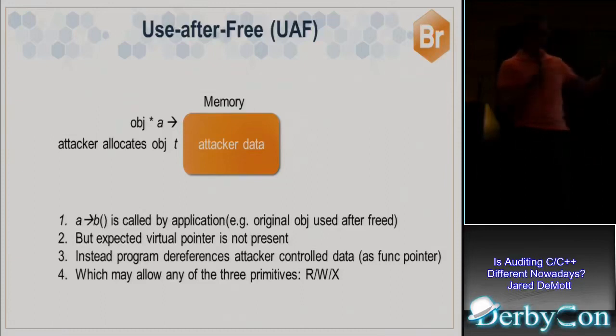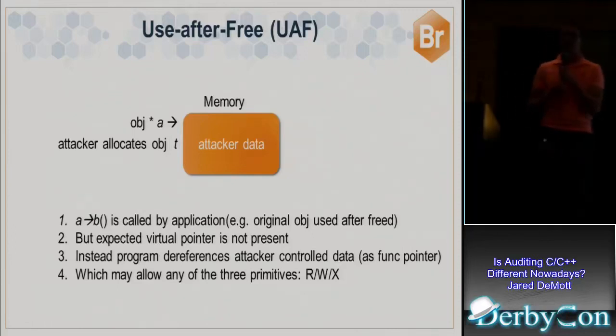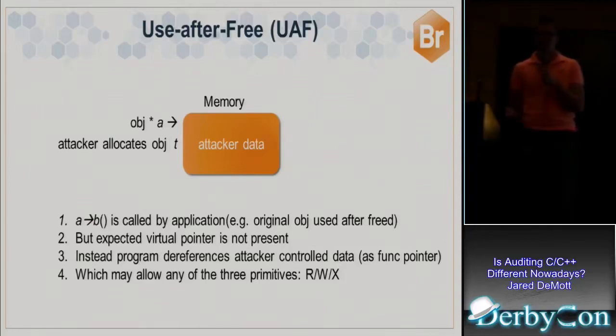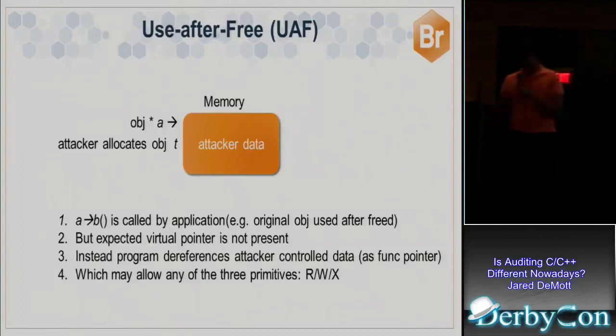They can either hijack the execution of the program, or they can read some data or write something somewhere in memory that they shouldn't be able to. In fact, they'll probably need all three, right? Against modern protections, they probably need some sort of memory leak to leak the base address of some DLL so that they can create a ROP chain so that they can finally hijack execution and get their payload to run. They'll probably need some combination of primitives to actually land an attack.